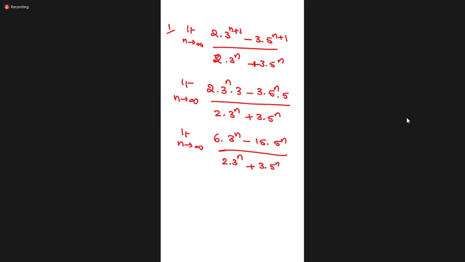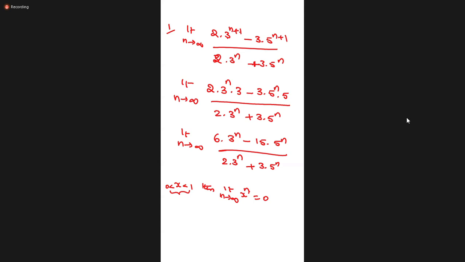What is the formula I gave you? Condition: if 0 less than x less than 1, a decimal number, then limit n tends to infinity, x power n is 0. What is the meaning of this? If x is any decimal number between 0 and 1, x power n is what they are giving, n tends to infinity.